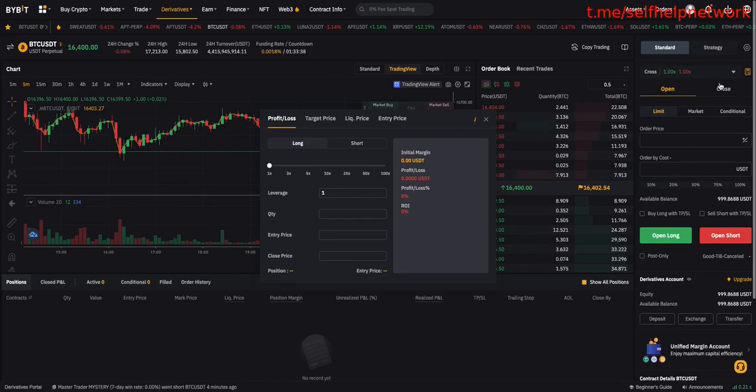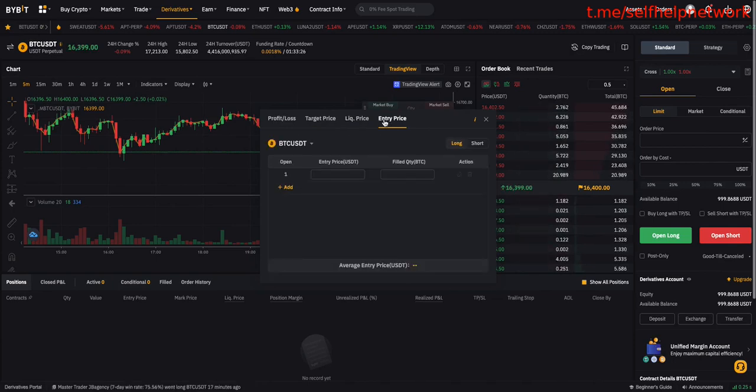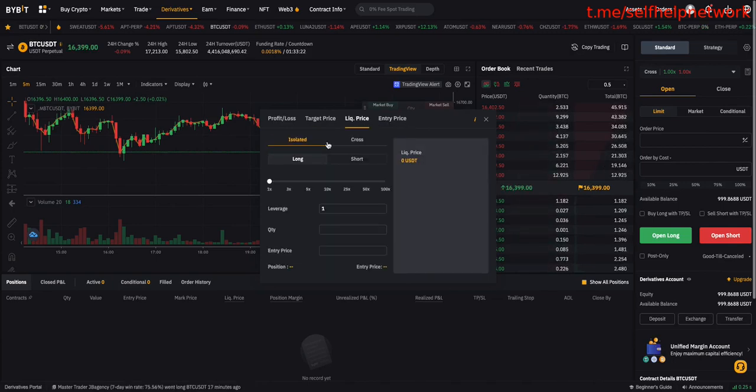So on Bybit, you can actually calculate this. This is one of the nice features. So there's a calculator in the corner and you can calculate profit and loss, target price, but you can calculate liquidation price. You can calculate entry prices. But if you look at a liquidation price, let's say on an isolated margin, long, 10x, and you entered Bitcoin at, let's say, 20,000, and you bought half of Bitcoin. We're saying we're simulating having a 10K position size.